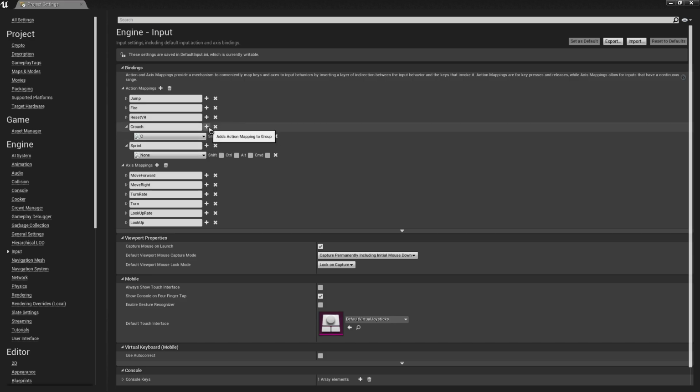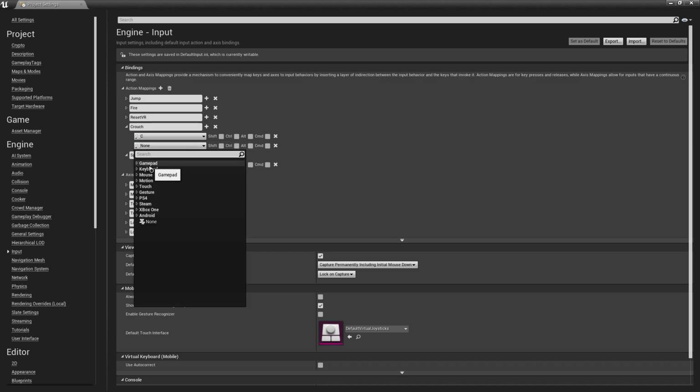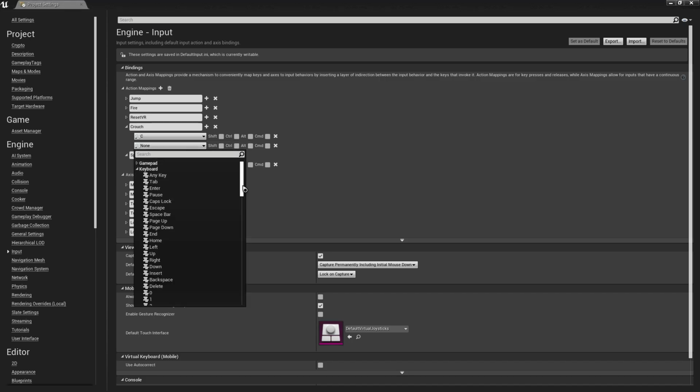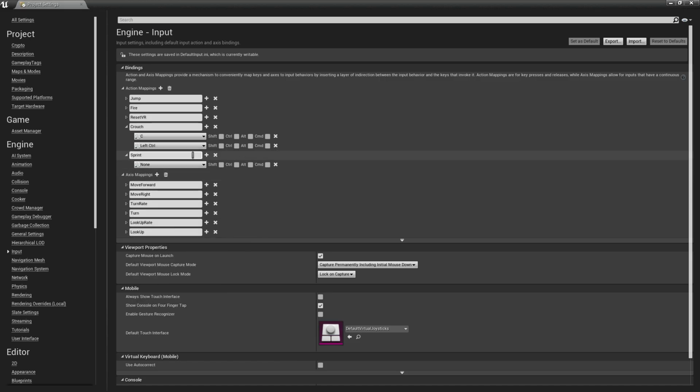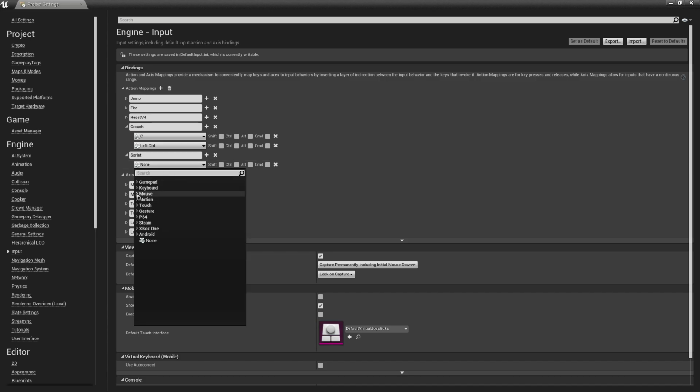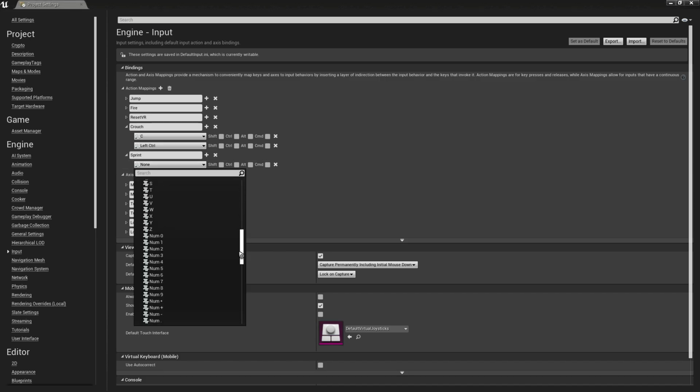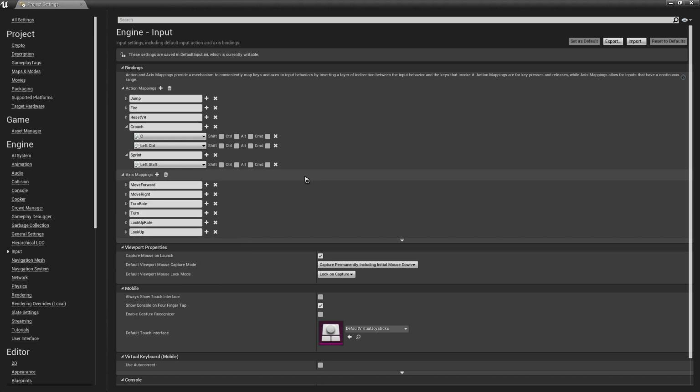So let's change the left shift into left control. So let's find the left control in keyboard. That's it. And the left shift should be our sprint.